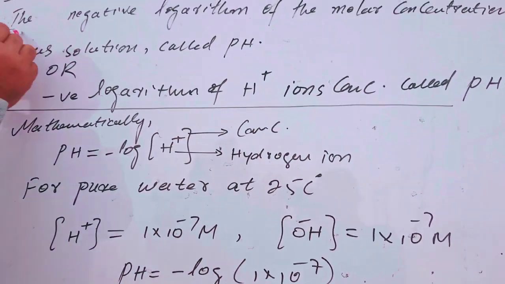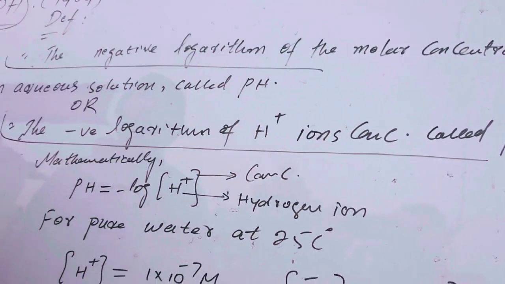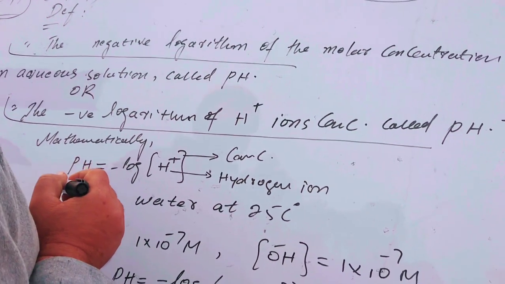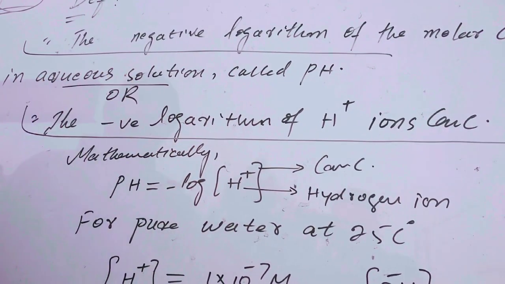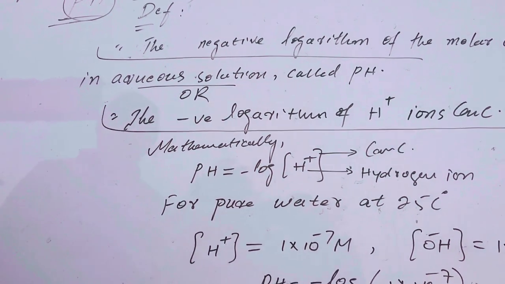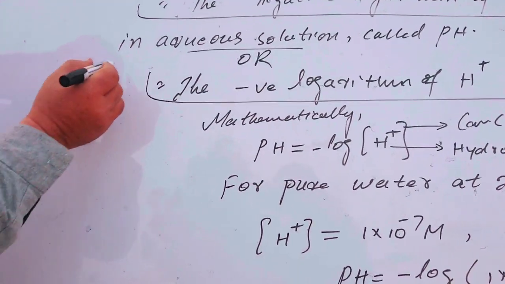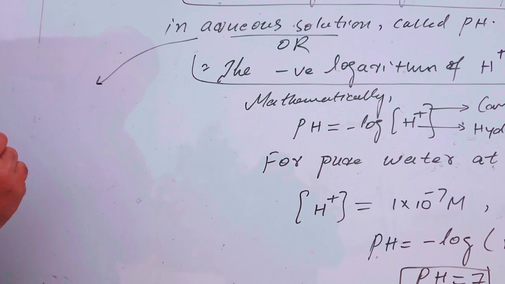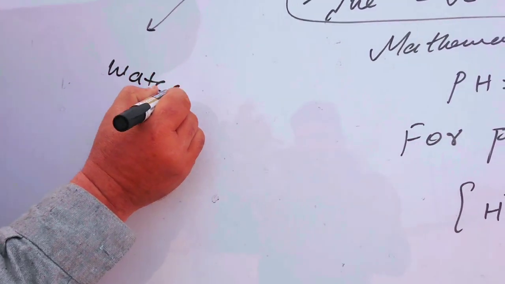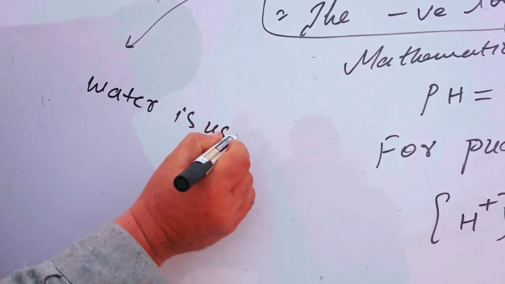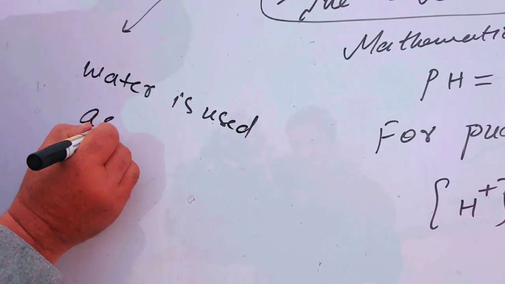You can also define it as the negative logarithm of the molar concentration of H plus ions in aqueous solution. We will discuss a little bit about the aqueous solution. What is an aqueous solution? A solution in which water is used as a solvent